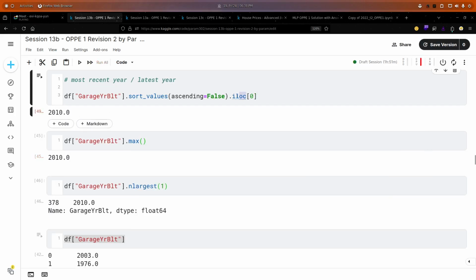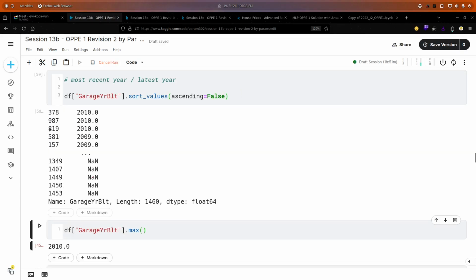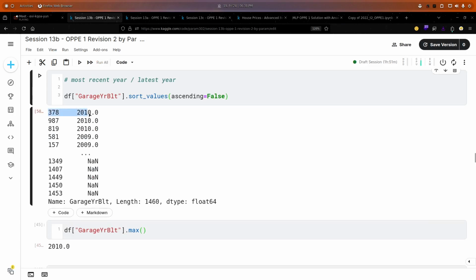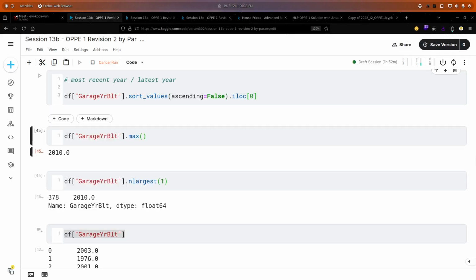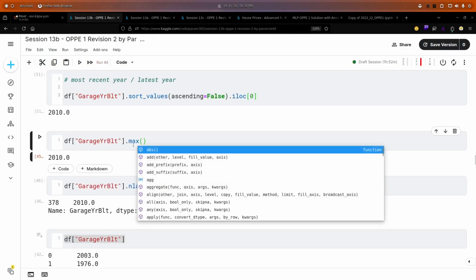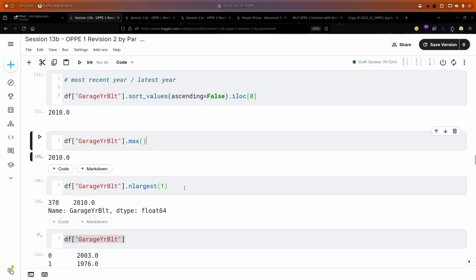When I normally wrote 0, it is fetching the 0th index. So the index we have is like this. I have 2010 at 378, right? Either I can put this index value, or I can do dot iloc of 0. So that will give me the exact answer. Okay, so I can use these three ways.